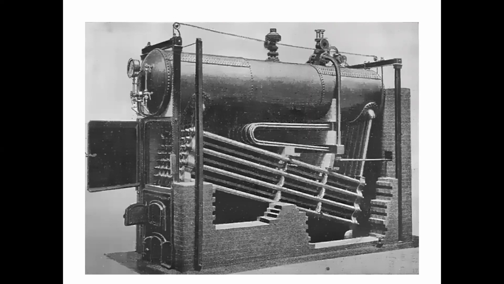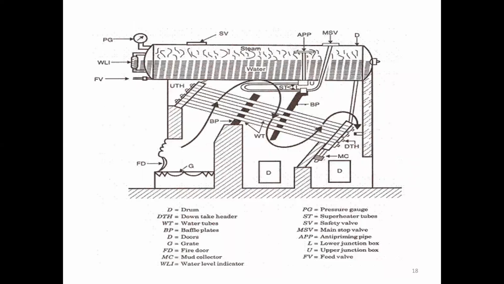So this is the practical thing we can show you. We call this boiler the Babcock Wilcox boiler. The tubes are inclined, and the steam generator vessel or the shell is horizontal. It is having multiple tubes. Okay, next. So this is the diagram you have to draw. In the middle, we are having the baffles. All this will be explained to you again in the videos. It will be easy for you all to understand. Okay, next.